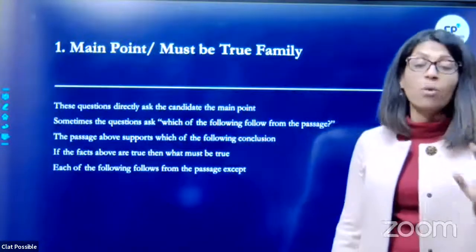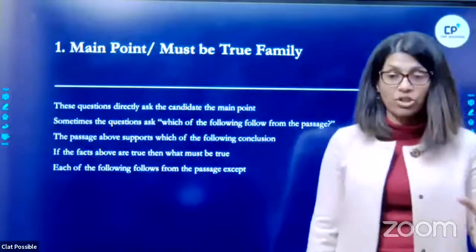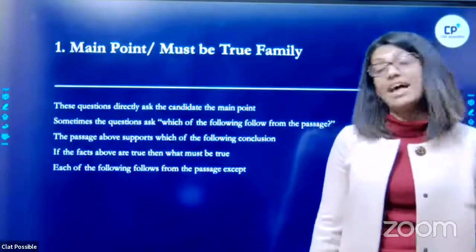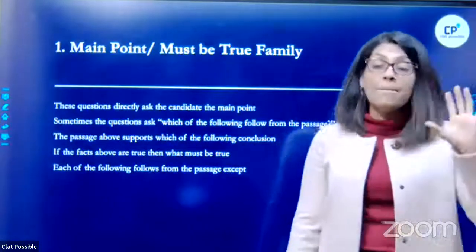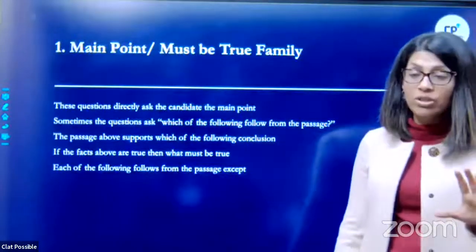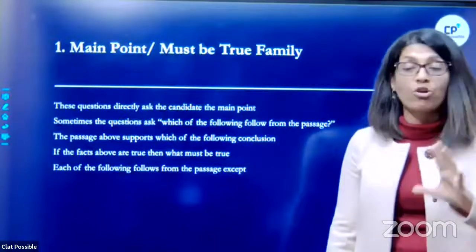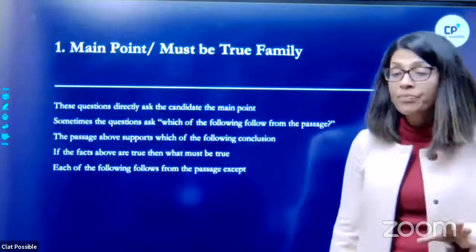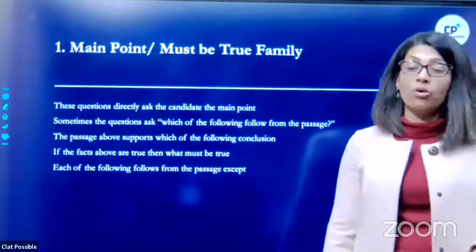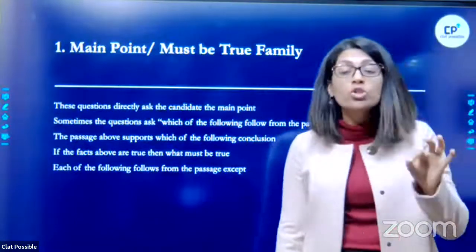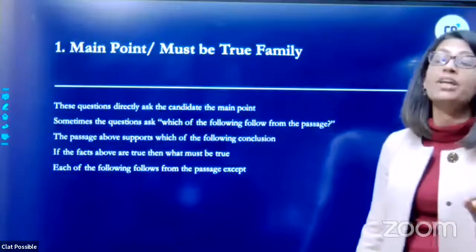Many times you can see an option that just summarizes the whole passage. Conclusion plus evidence. That can also be an answer. Many times you will read the passage, and it will probably just give you a set of facts or a phenomena. In that scenario, the answer will be a conclusion or an inference you can draw from reading the facts or